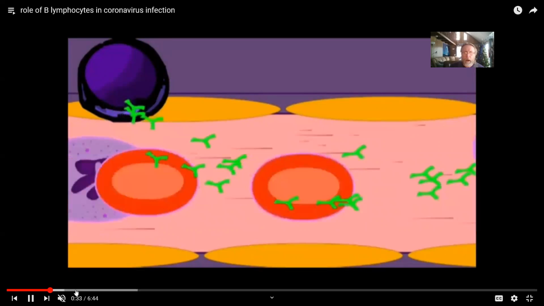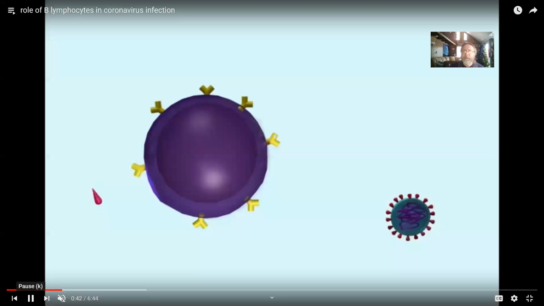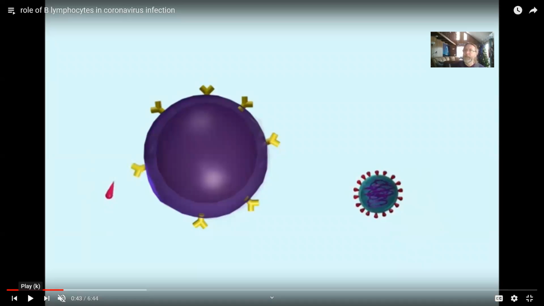So clearly, B lymphocytes are important to discuss. Now, while we typically focus on B lymphocytes as the makers of antibodies, one other side note is that they are also antigen presenting cells. While that has been known for at least a bit of time, its significance isn't fully appreciated, at least not